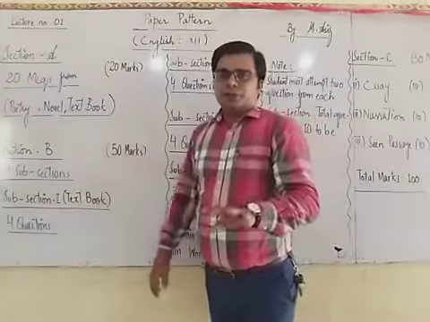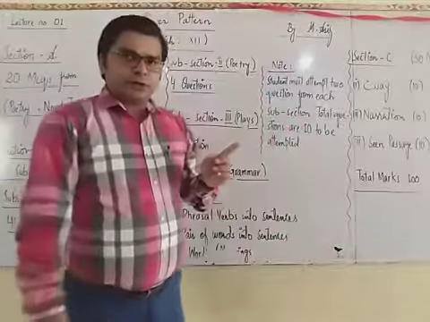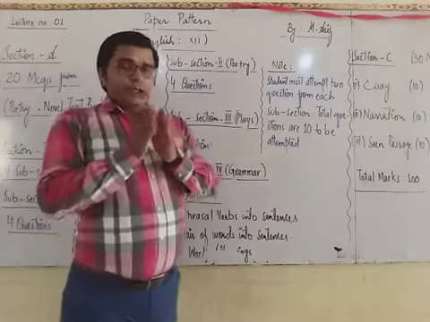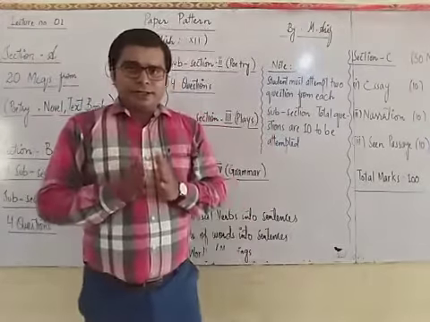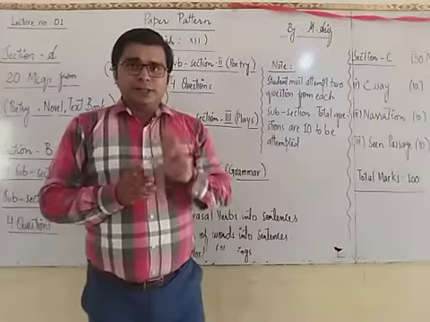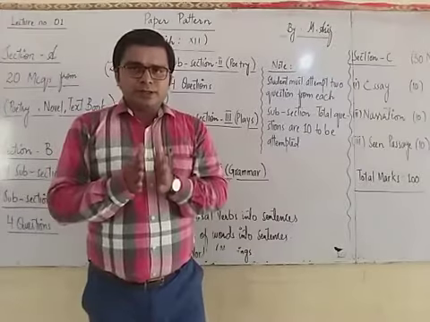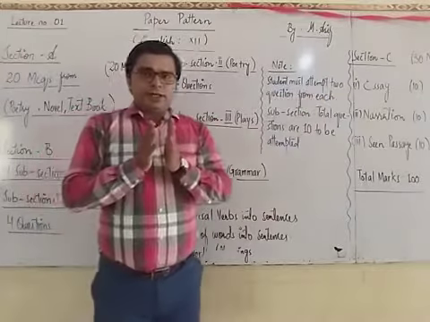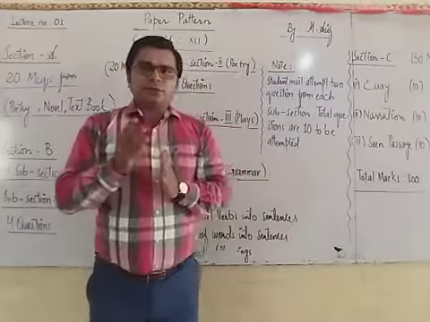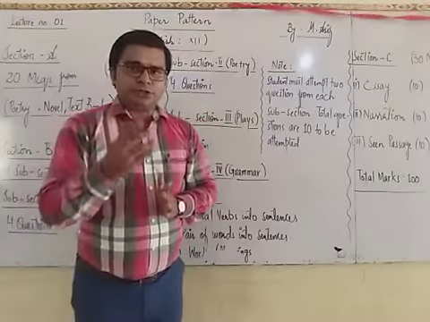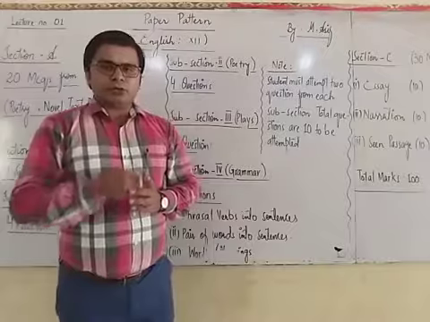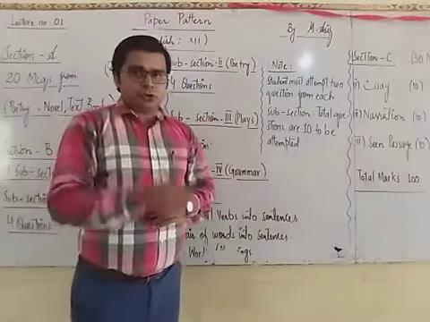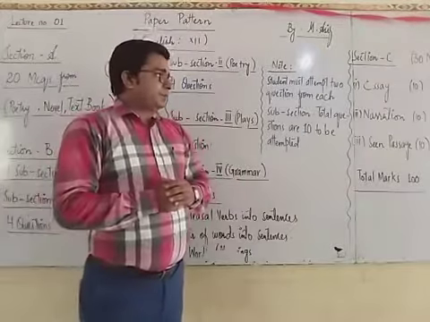Section B. In section B, we have 4 subsections. First of all, I want to tell you an important note. You did this in first year, but again in second year I am going to warn you that the strategy of section B is a little bit unique. You have 4 subsections, and each subsection contains 4 questions except subsection 4. Subsection 4 contains 3 questions. The total number of questions is 15, and you have to attempt 10 questions that are of 50 marks.